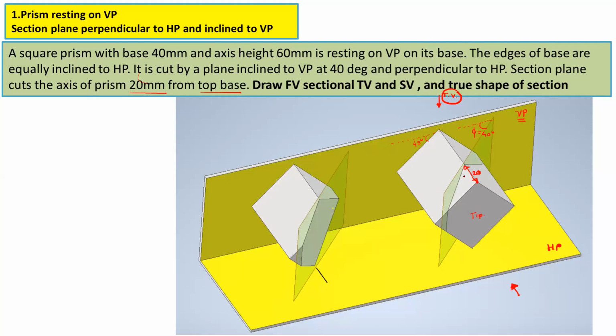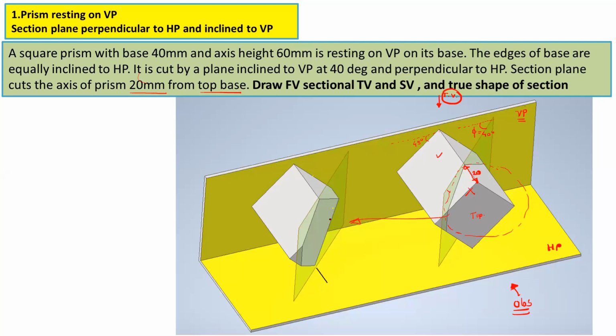Okay, and after this, the portion which is nearer to the observer is to be removed. So we will not remove this portion, we should remove this portion. Here in the front view, this is the observer. If you observe from the front direction, the portion which is nearer to the observer is to be removed. So we will remove this complete part. You can observe, after removing that portion, this is the remaining portion.